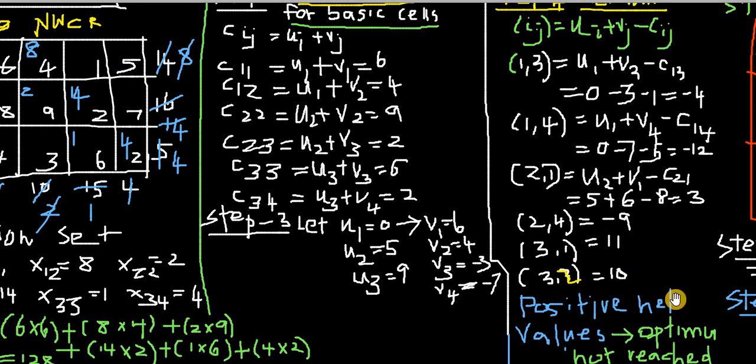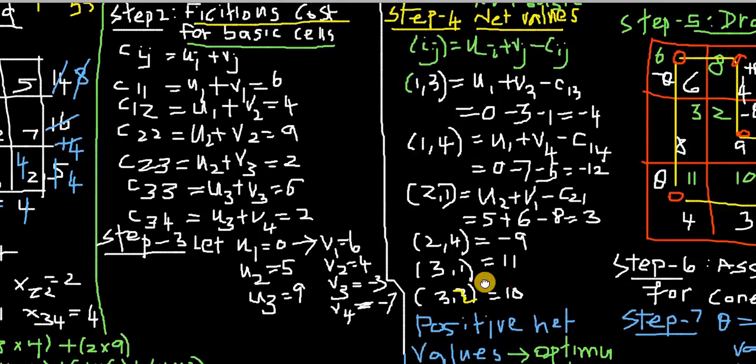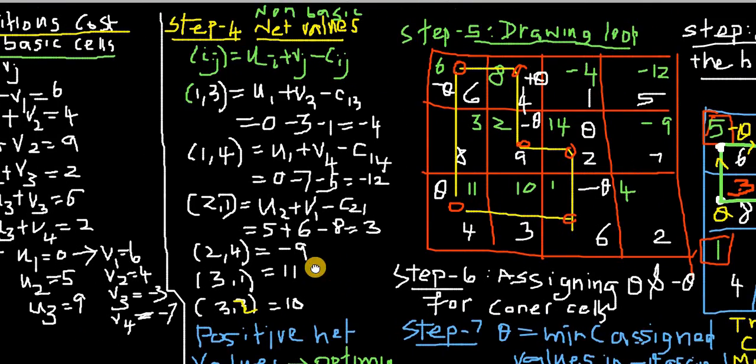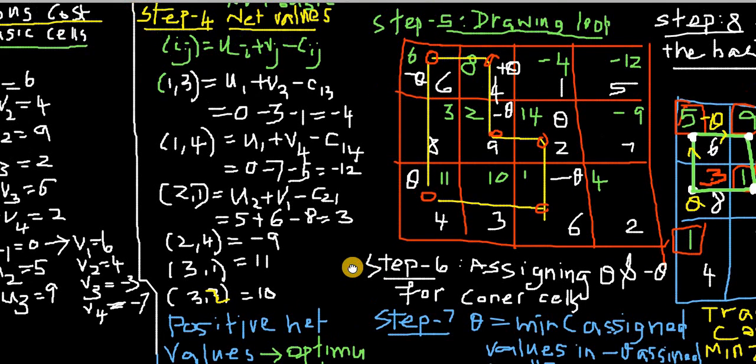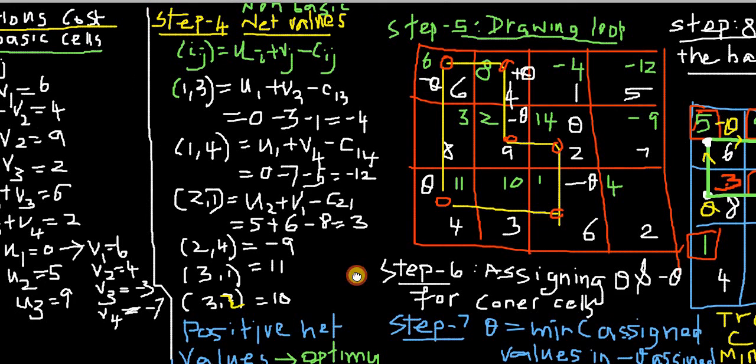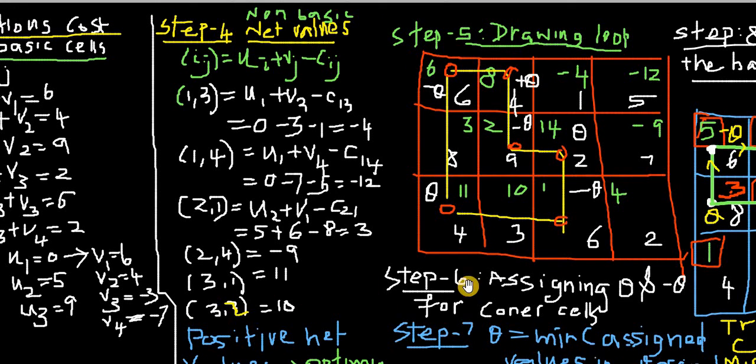But since here we have some positive entries in the net values, then optimum is not reached. Okay, so if optimum is not reached, what we have to do next? That's what we have to understand. Then Moody's method says that, see, here the left hand side numbers that we are writing